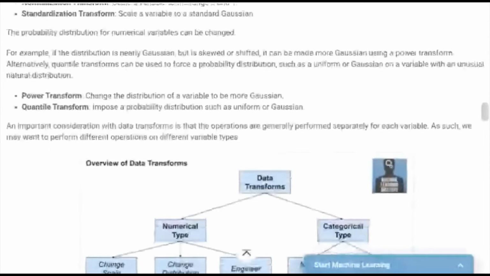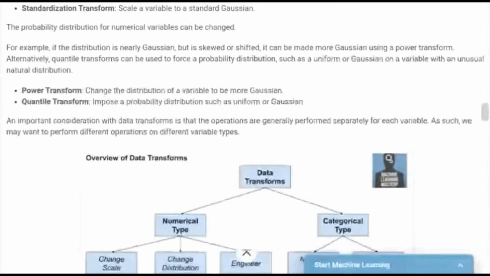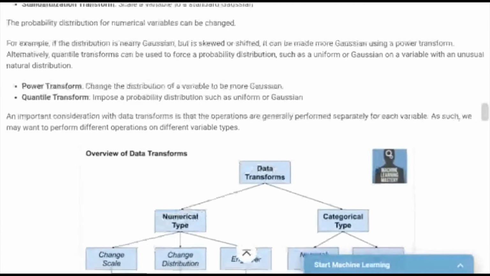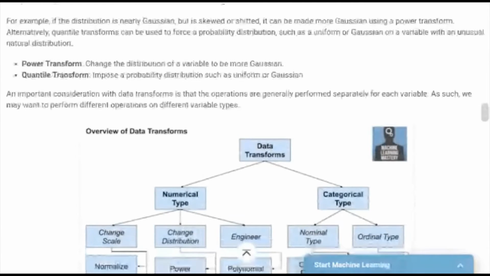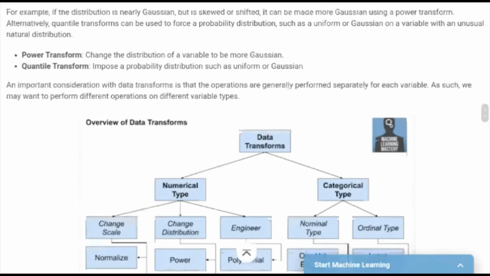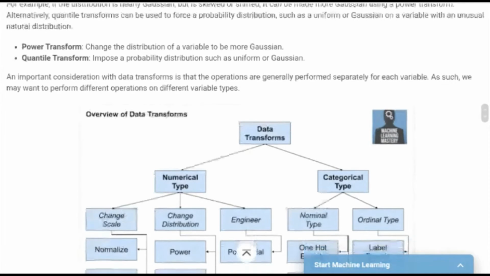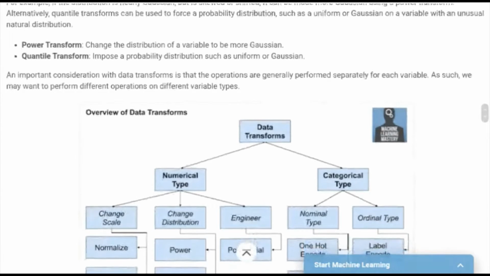Other types of transforms are the power transform and the quantile transform. The power transform changes the data set in distribution, meaning when your data is in a Gaussian distribution or some other kind of distribution, that data will be transformed into a Gaussian variable.